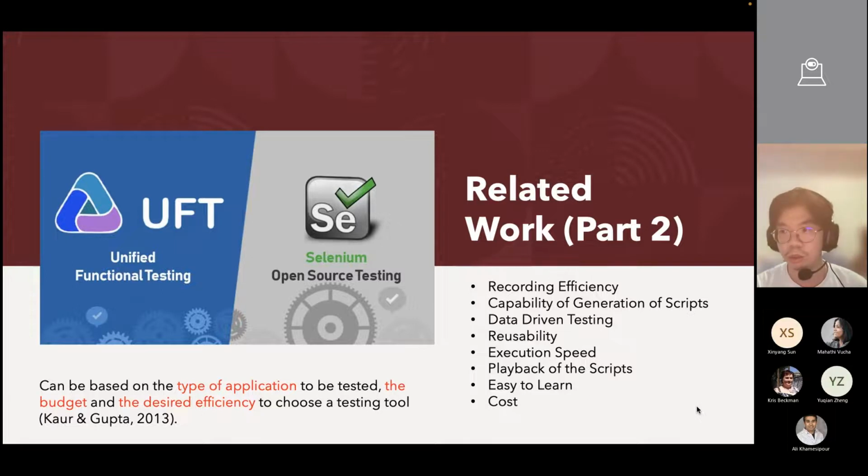You just need to know a language like Python or Java. And you can also use it on different platforms like Windows, Mac, and Linux. So this is the big difference between Selenium and UFT. But Selenium also has some disadvantages. It doesn't have a recording function, and it doesn't have test reports. This is important for test engineering, so they don't have it.